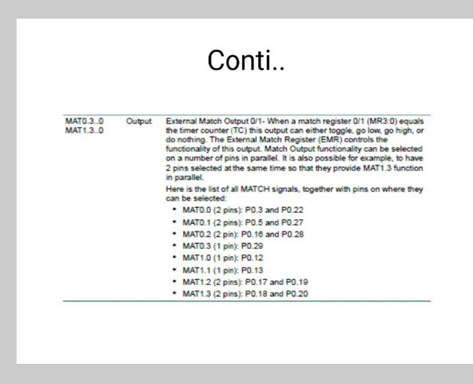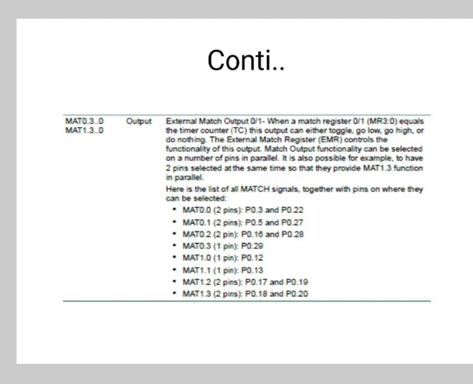Now from MAT 0.0 to 0.2 it has 2 pins each. MAT 0.0 has 2 pins, P0.3 and P0.22. MAT 0.1 has 2 pins, P0.5 and P0.27, and MAT 0.2 has 2 pins, P0.16 and P0.28.